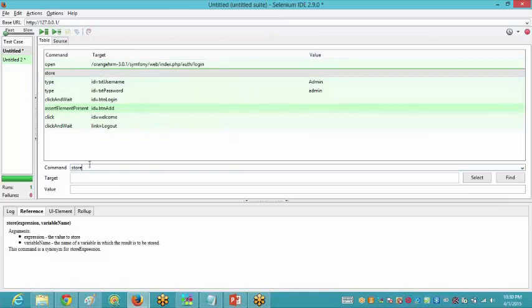So in the command, it would be the store command. Now after that, you can see the reference over here, or you can say the syntax of the store command. Now what is that syntax? The first thing should be the expression. And what is the expression? That is the value that you want to store. Okay, so I want to store this admin value. So I would be storing admin,